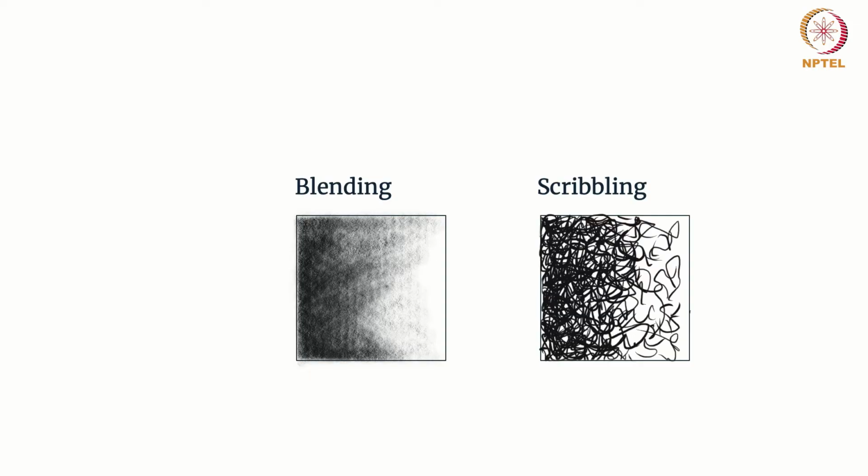Whereas in scribbling, we just scribble lines to create a similar effect. It is a random creation of lines, maybe in rounded form, in a straight line, diagonal line, whatever. You just scribble and then try to create the density. Once the lines are dense, it creates a darker effect. When the lines are open and less dense, then it is a lighter part, and accordingly you create a sense of depth and illusion of volume as well.